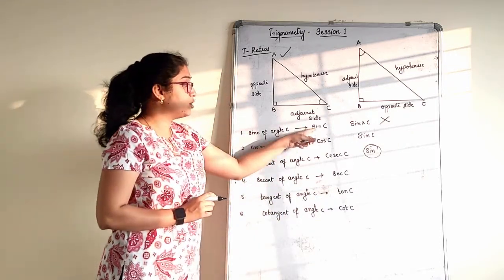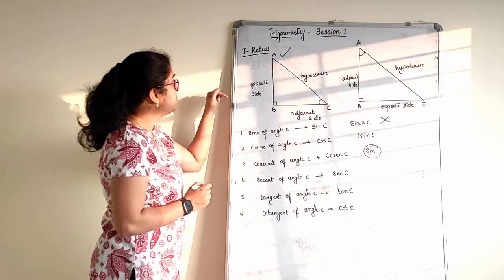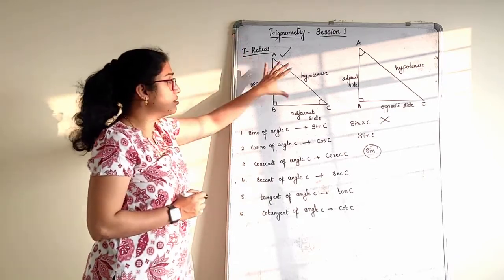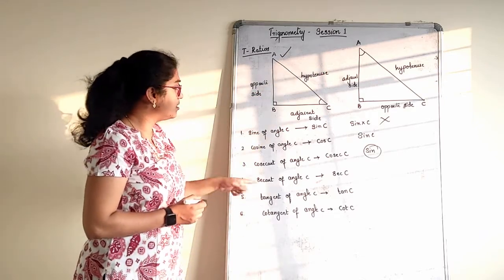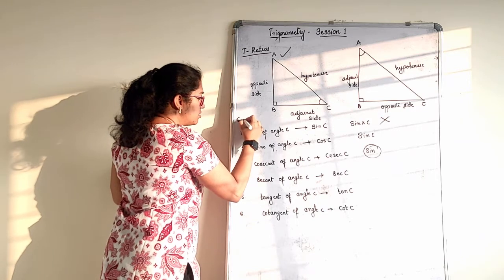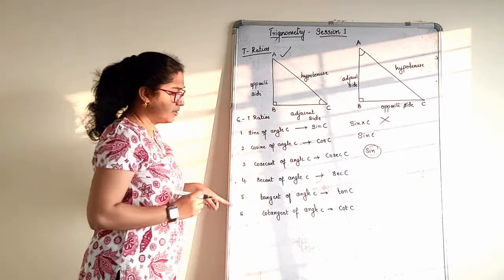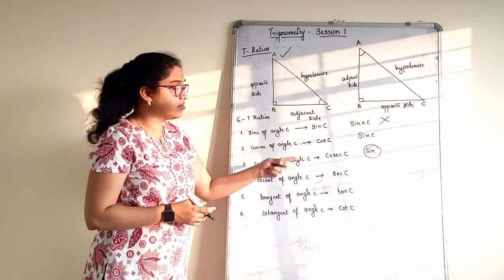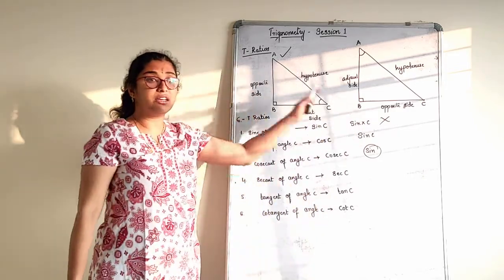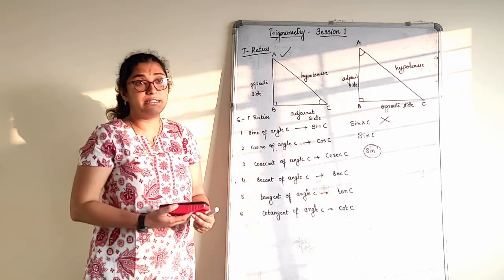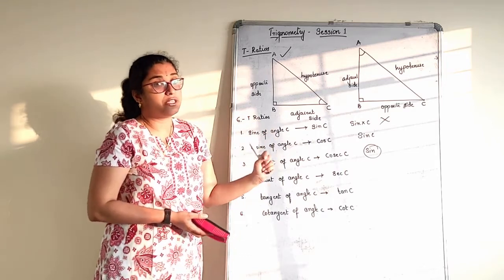So let us actually check out what are the ratios with respect to these triangles. Now again I am telling you, give the heading as T ratios, draw these two triangles, just put a tick to one triangle here, then write out these 6 trigonometric ratios, 6 T ratios, right? Then we'll start defining sin C, cos C, cosec, and let's see how do we define them. Today's session will be only the introduction part of this. Exercise part will be done in the next session so that you can understand this thoroughly. If you understand this, the next exercise is based on this.